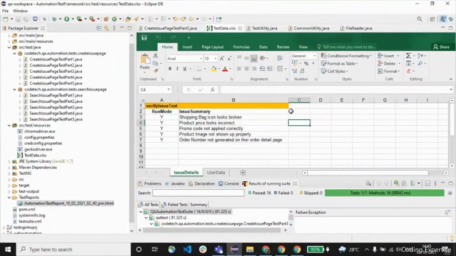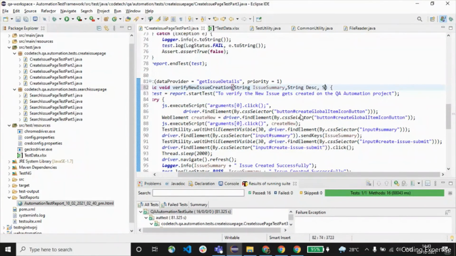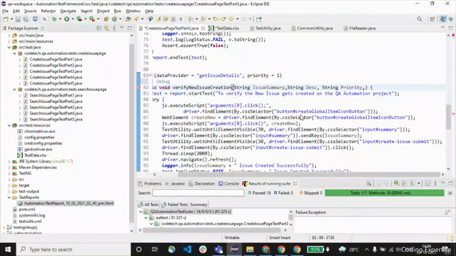What happens if I want to create more than one column, for example, if I want to have a description, severity, and priority, something like this? In such a situation, we are supposed to mention all these parameters inside this particular method. You'll have to mention something like this: priority, severity, something like that.